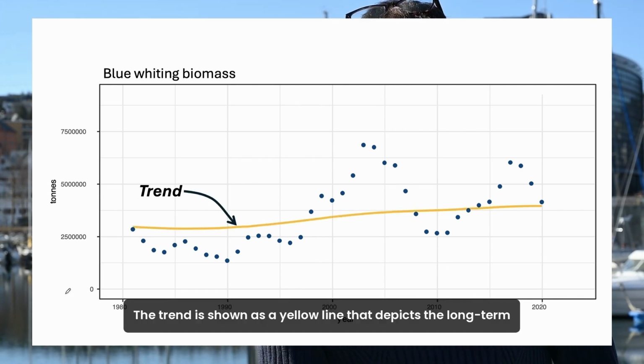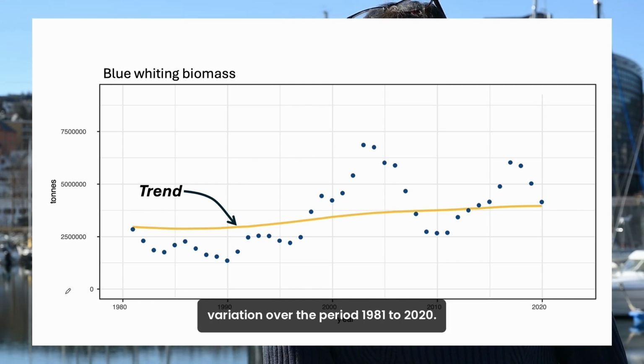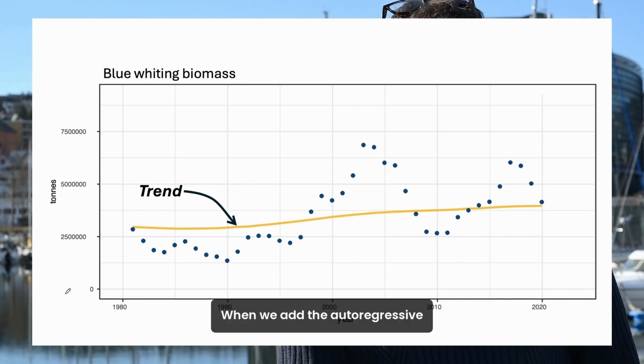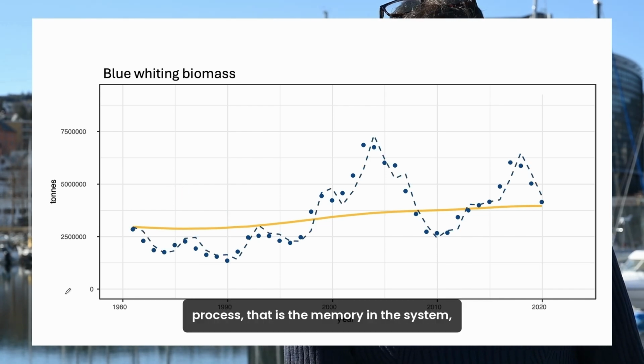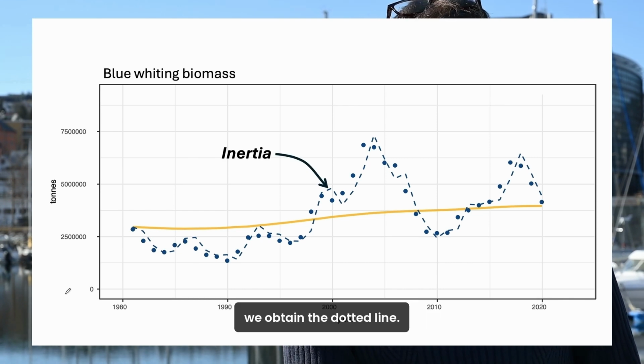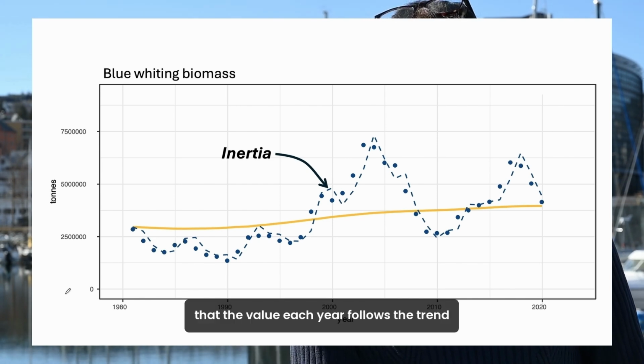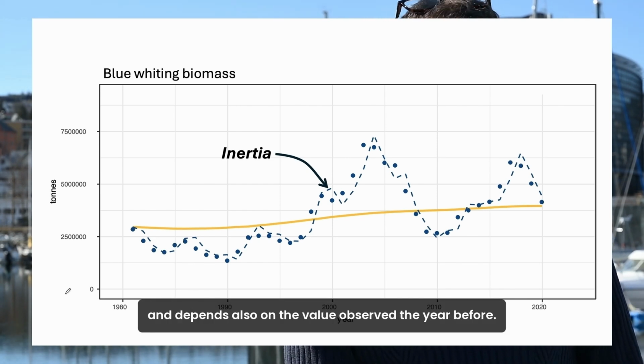The trend is shown as a yellow line that depicts the long-term variation over the period 1981-2020. When we add the autoregressive process, that is the memory in the system, we obtain the dotted line. You can see on this line that the value each year follows the trend and depends also on the value